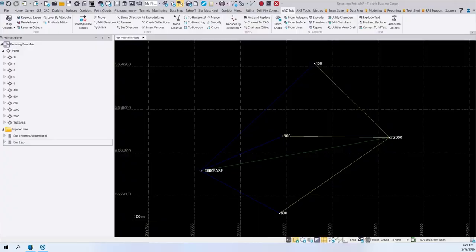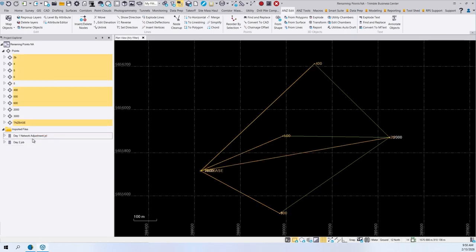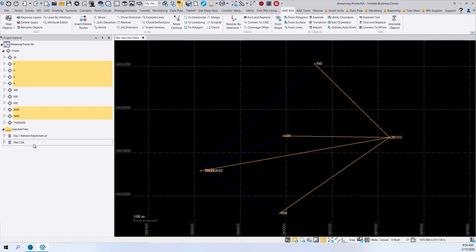In this video, we're going to discuss how to rename points for the purpose of doing a network adjustment inside of TBC. Now, it is common practice for some organizations that when they use different sensors, such as a total station or a GNSS receiver, to have different point ranges for their points. So in this example, I have some GNSS data and I have some total station data, and they have different